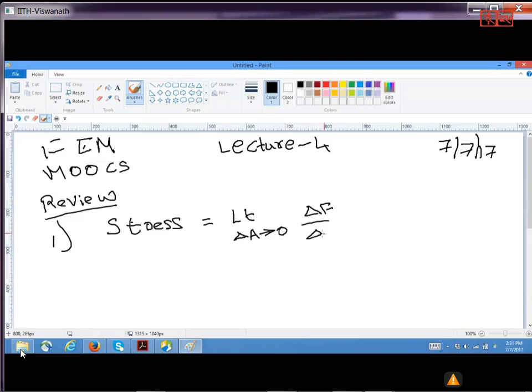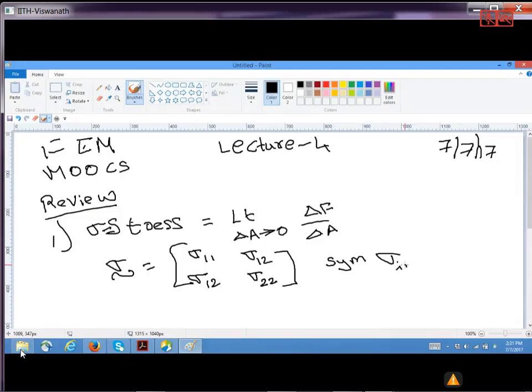This is for the 1D, which is represented by sigma. This is for the 2D, sigma tilde. I have defined it as sigma 11, sigma 12, sigma 12, sigma 22. It is symmetric form, and sigma ij is equals symmetric form sigma ij,